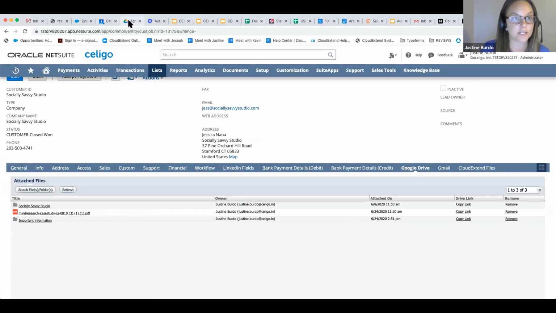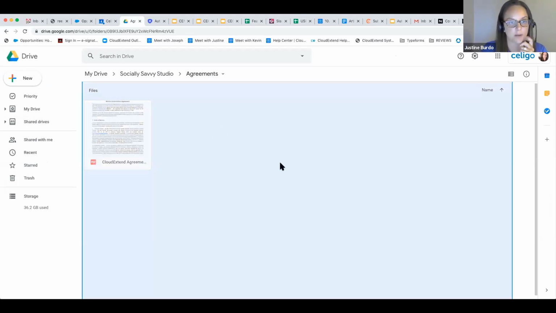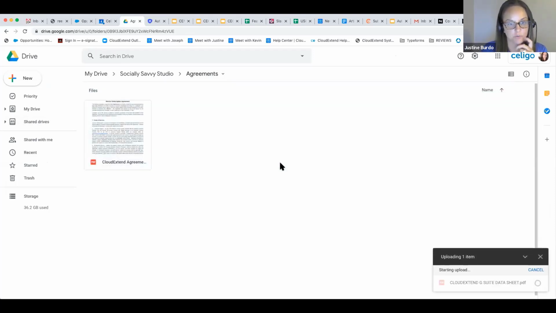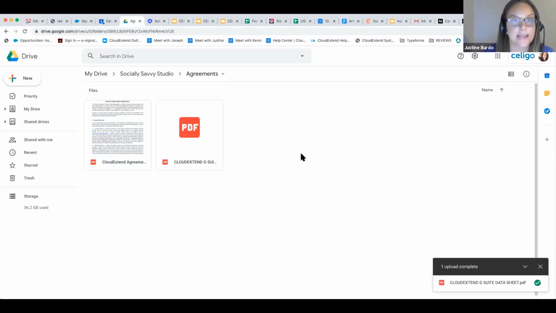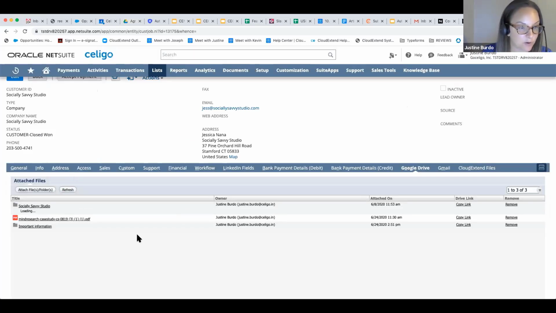So if I go into that folder in Drive, and I'm actually in a subfolder of that folder, and I want to add something. So let's do that. Let's add something here. I'm just going to drag and drop this PDF into this folder. That's all I need to do. Now, if I go back to that NetSuite record, and hit refresh, and I open this up, and open up that agreement,